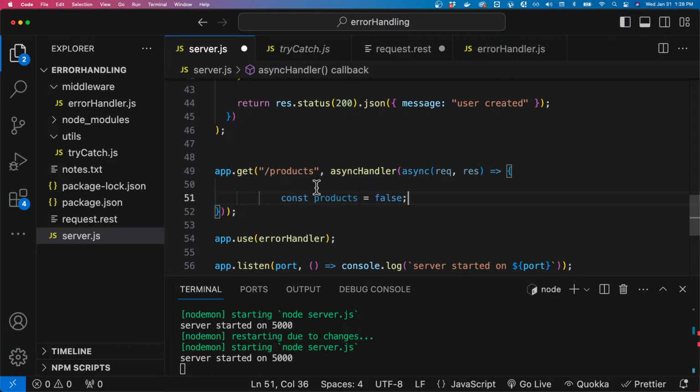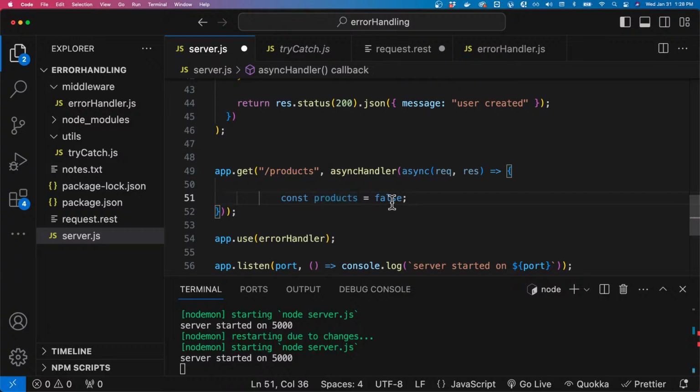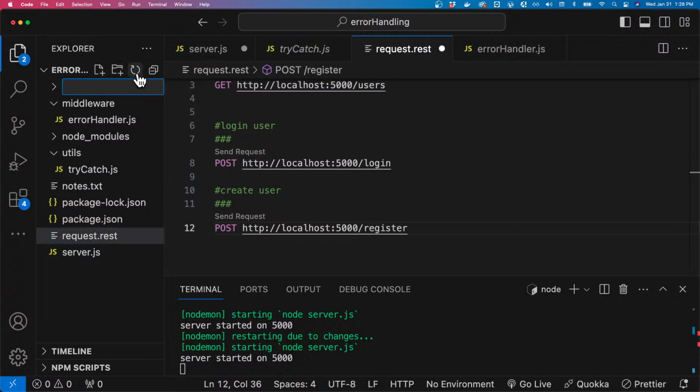All right, so what I want to do is to create my own custom error, such that when there is an error, I know that the error is coming from my custom error, rather than it being a generic error coming from somewhere else. What do I mean by that? Let's come back here and create a folder called errors,